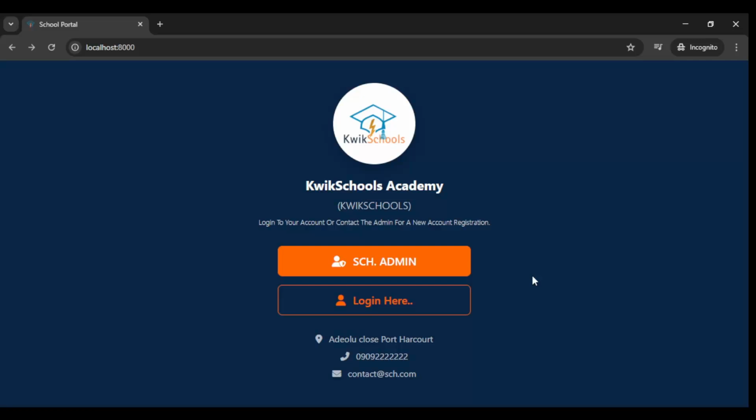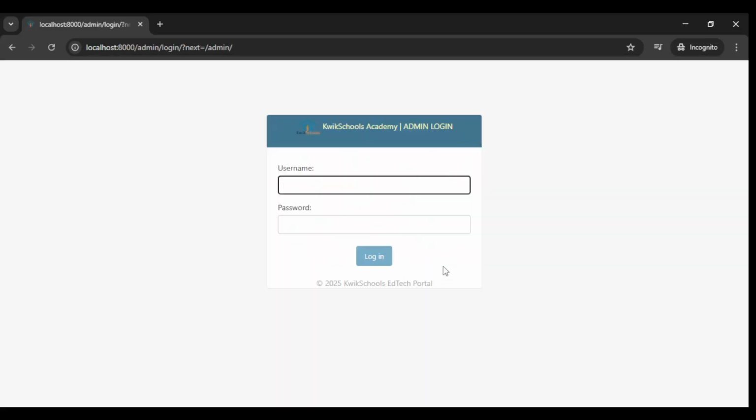This is the screen you're going to see once you click login to the school portal. You can log in as the school admin if you have admin privilege, or you can log in here, the second login button, if you are a student, a teacher, a parent, or any other user. Because when you log in with the school admin, you require an admin privilege to be able to access the